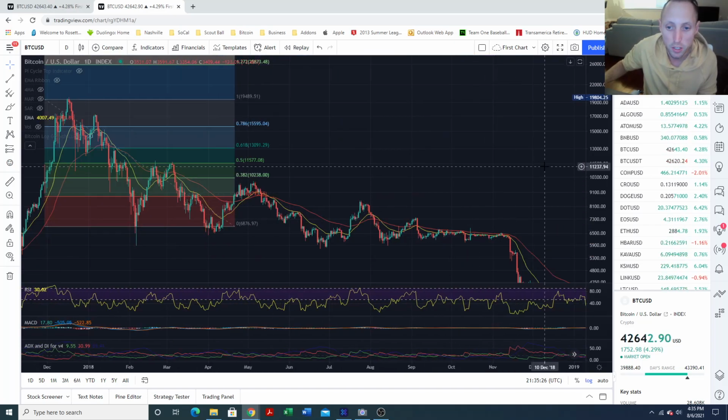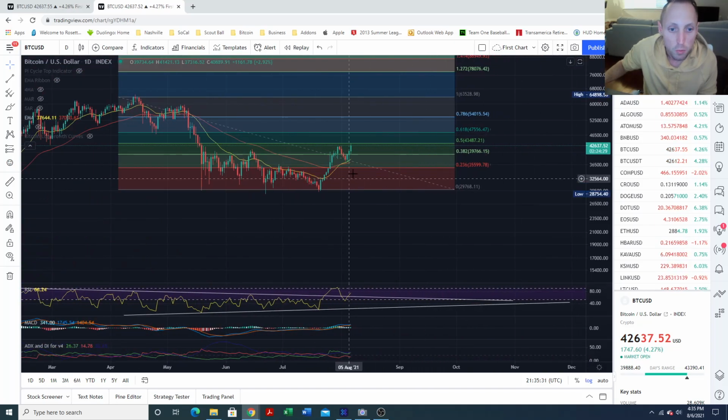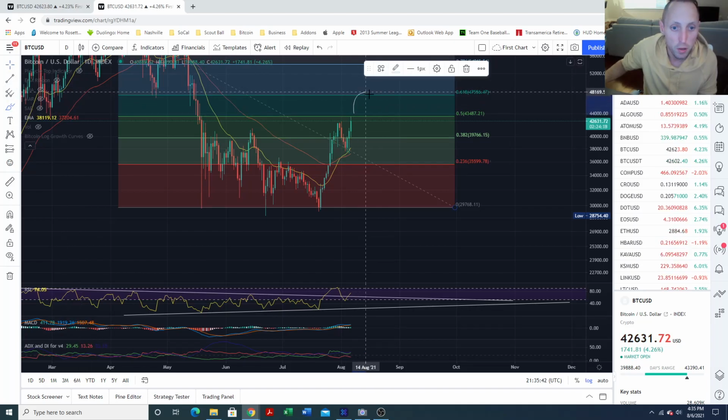Now, as we go to the front of the chart, where we are now, we want to make sure that this is not just a test. So we want to actually see Bitcoin kind of come down moving forward, watching Bitcoin eventually get to a point where it kind of comes up and comes back down. These indicators tend to go that way.